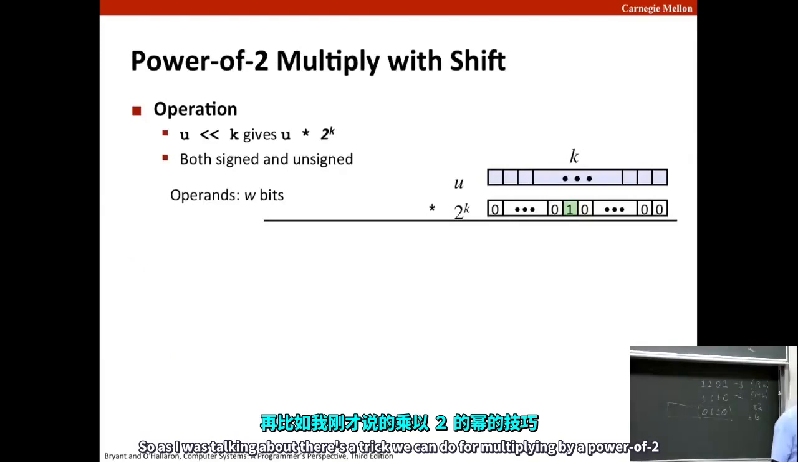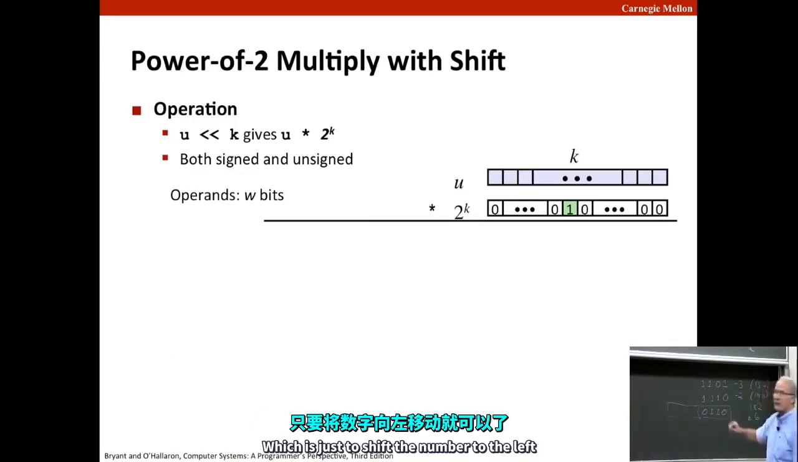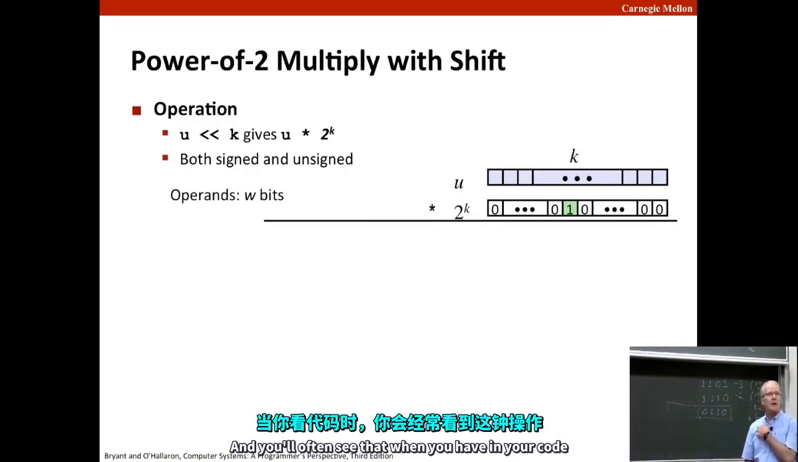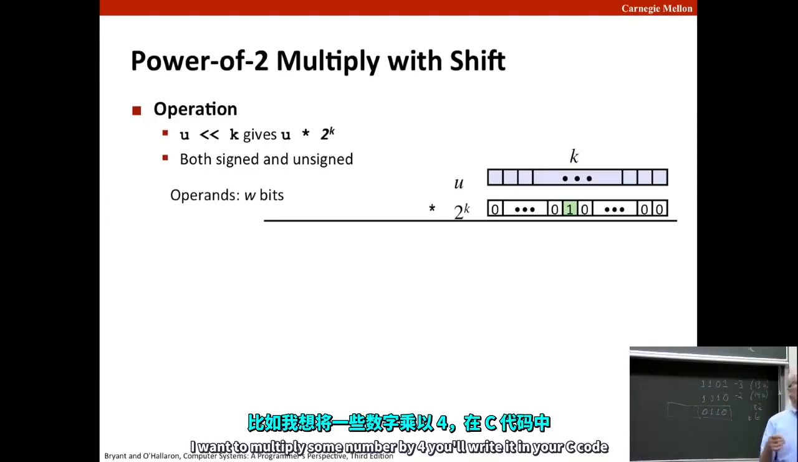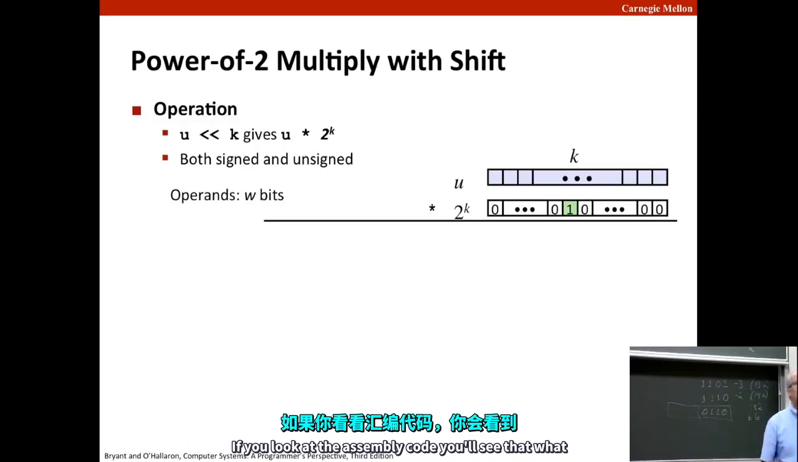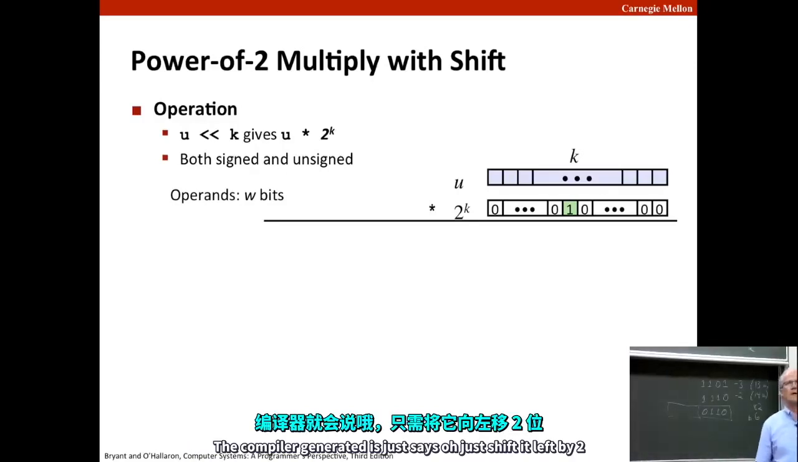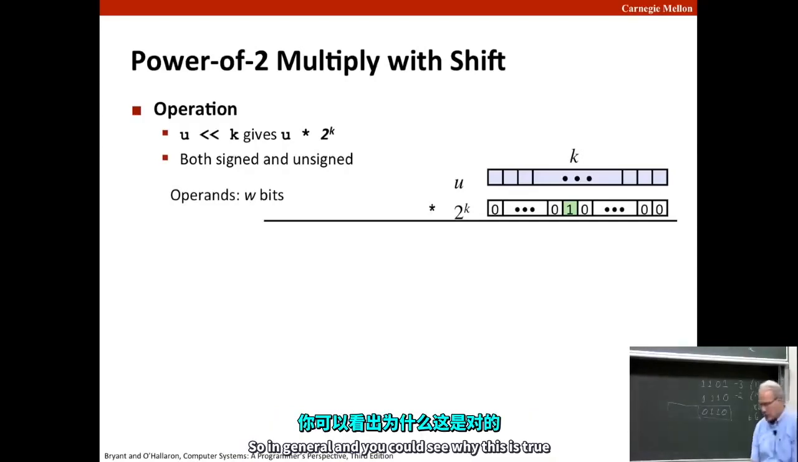So as I was talking about, there's a trick we can do for multiplying by a power of 2, which is just to shift the number to the left. And you'll often see that when you have in your code, I want to multiply some number by 4, you'll write that in your C code. If you look at the assembly code, you'll see that what the compiler generated just says, oh, just shift it left by 2. So in general, and you can see why this is true, by the way,